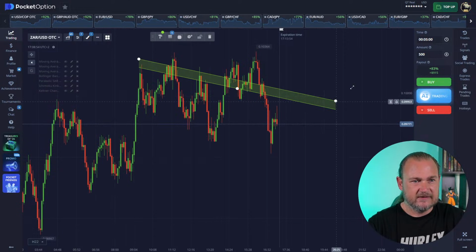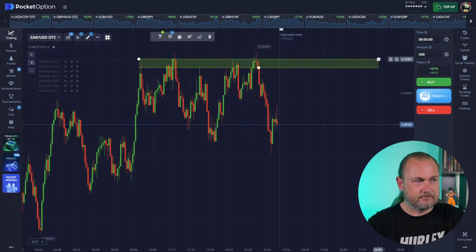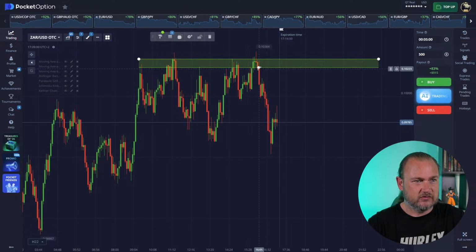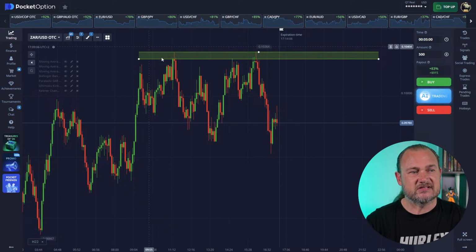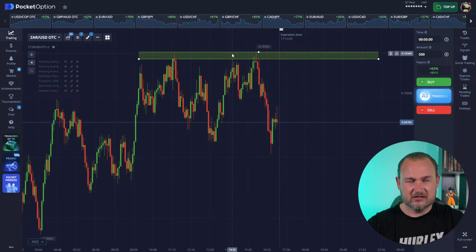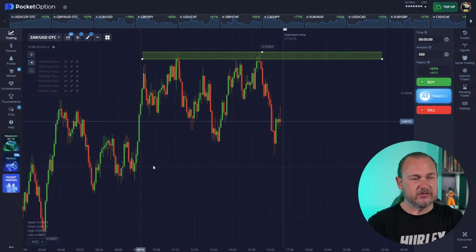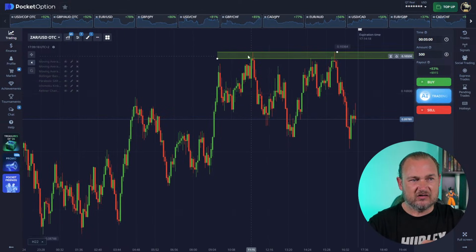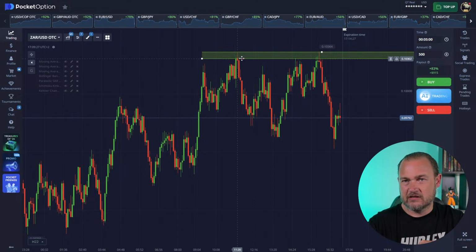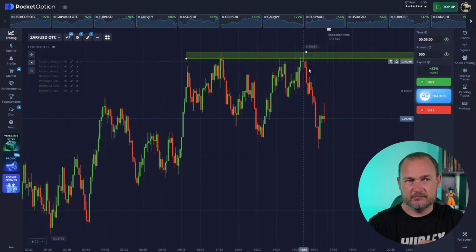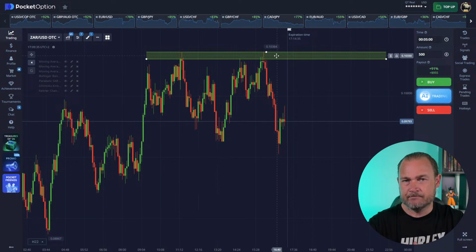So let me show you guys this. We're going to draw this in. Just want to get it nice and level. There we go. So this will be my resistance zone. Okay, so this is my resistance zone. This whole area here is a resistance area for me right now. So what happened? Price was moving upwards and we were keeping track of the highs. And when price made this high and pulled back, we were able to draw this level in here. So we didn't need this level yet. We can simply draw it from the last high. We can draw in a zone like this, and that will be our